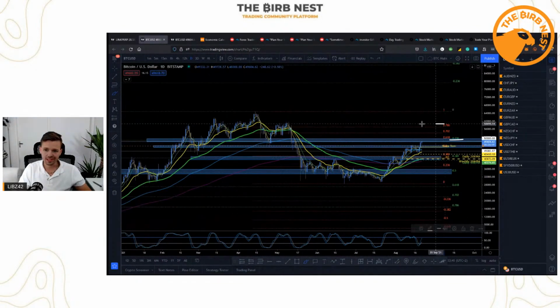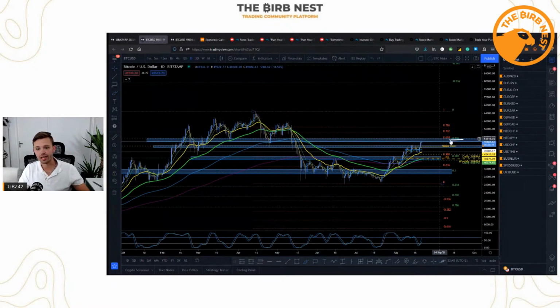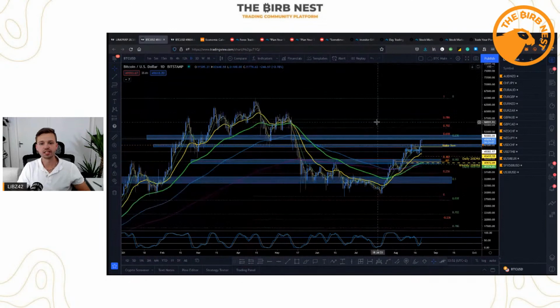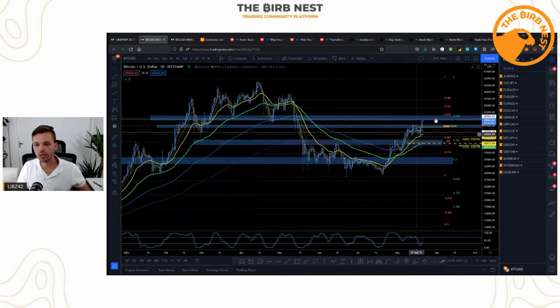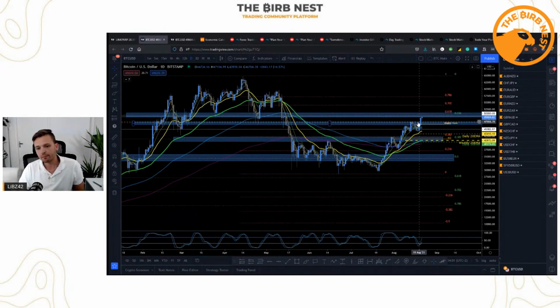But I'm still viewing this area as the major resistance area, and especially the 618 right here, because the 618 is in confluence with a very significant horizontal resistance level, and like I said, we have some fib confluence right here. So I don't believe, it's possible, of course, that we can just break above this area,